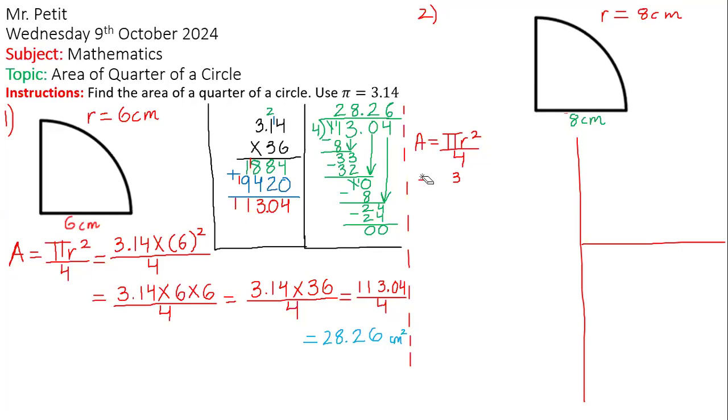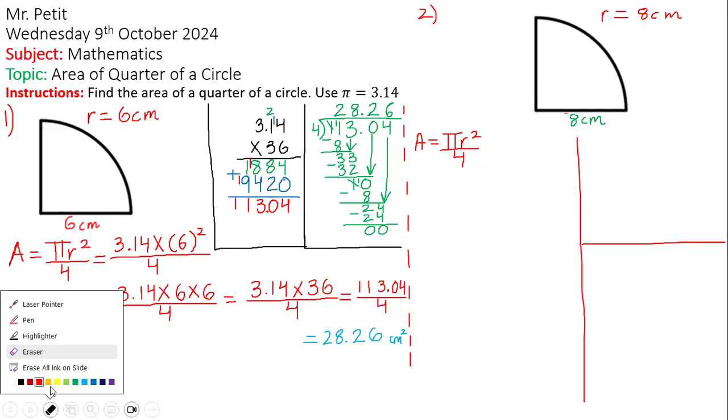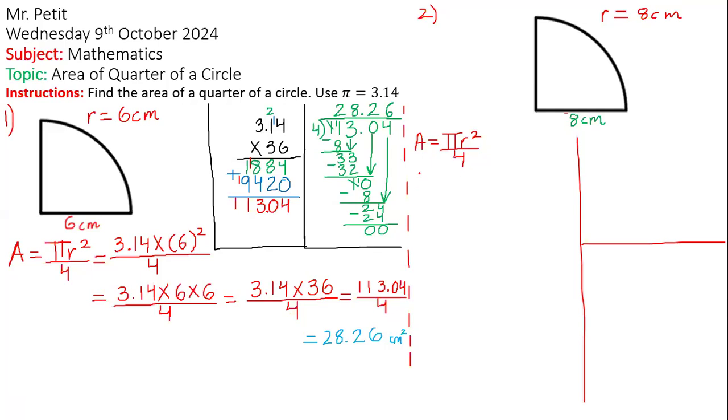So A is going to be equal to 3.14 multiplied by 8 squared. We all know what 8 squared is, right? What is 8 squared? 8 times 8. Very good. 8 squared is 64, so 3.14 multiplied by